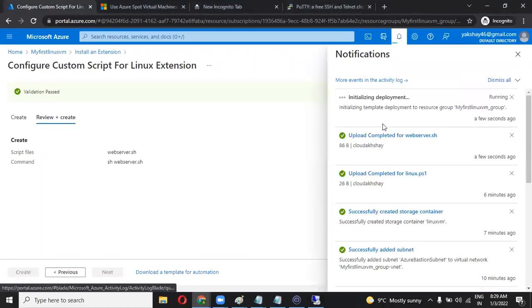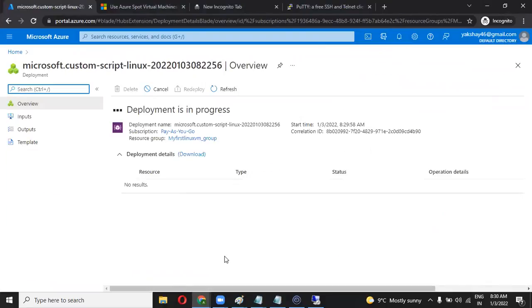Initializing deployment. It is created and deployment is in process. Let's wait for it to complete.